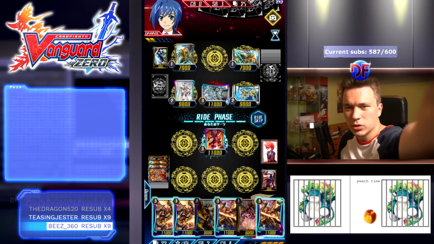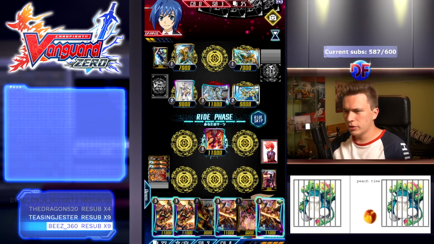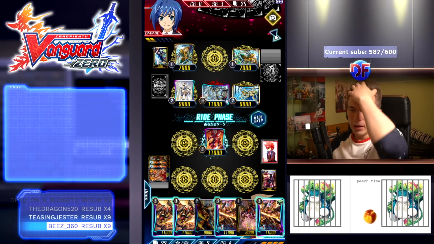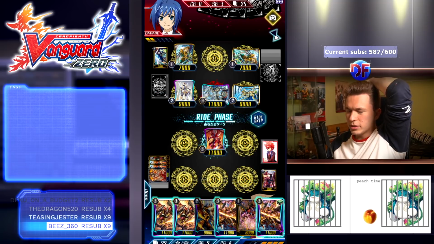Also, let me zoom in a little bit. I just noticed I'm kind of zoomed out today, so that's a bit better, I think. All right, I think here we just go. Okay, we do have an Overlord in the drop, so I can use Bellicosity to...